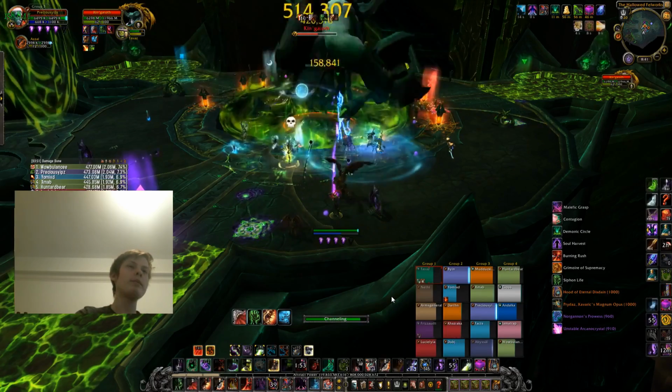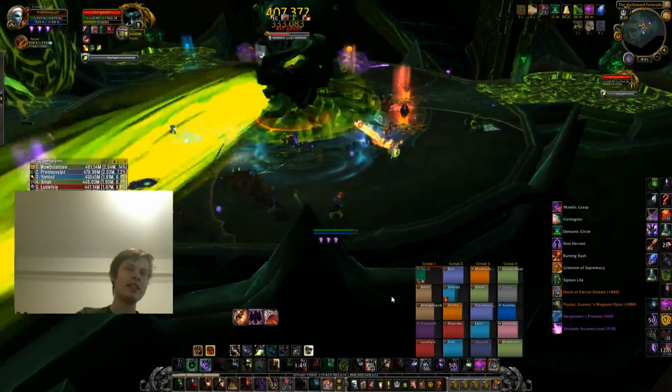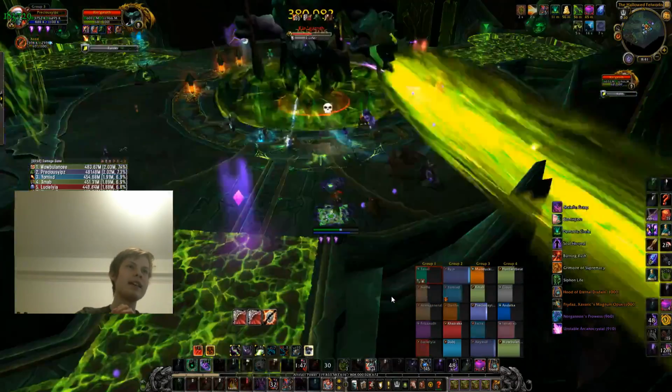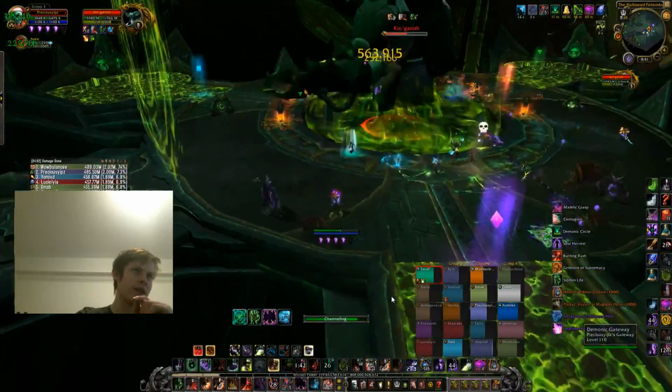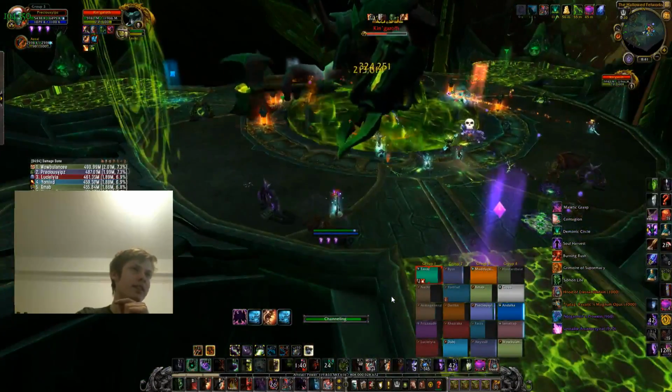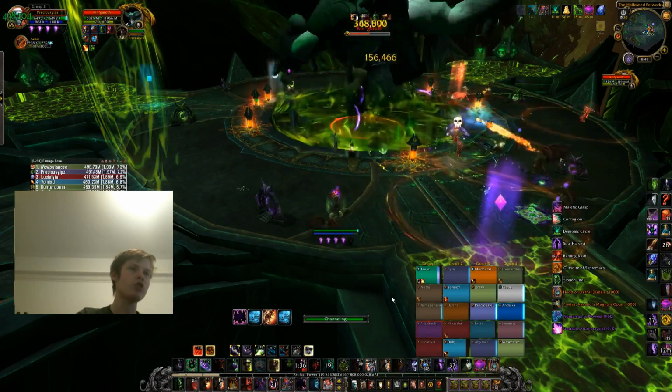So what I'm going to be doing every single time the adds spawn is I'm going to refresh my Agony on the boss the tick before they spawn, and then as soon as the adds spawn, I press Agony, Corruption, Siphon Life. I reap my base dots. I reap before I cast Unstable Affliction in order to get those base dots hitting super hard as soon as